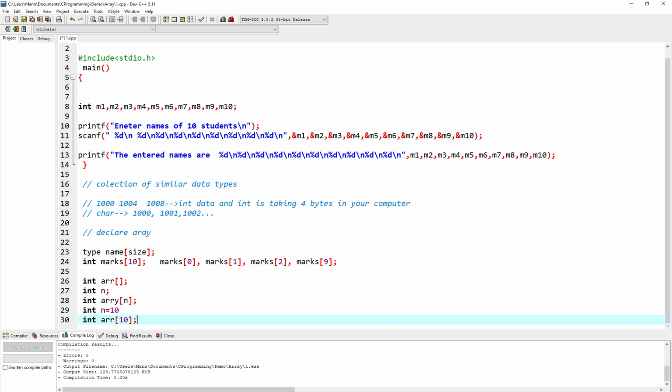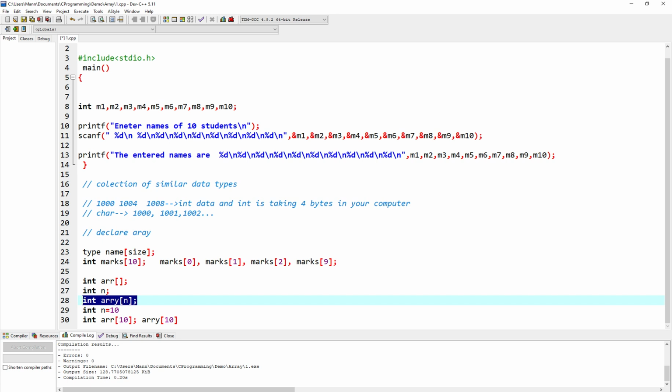If you try to fetch the 11th element, where is the 11th element? It would be present at the 10th location. So the result will be very unpredictable. Maybe from a random memory location, it will fetch some garbage value. The C compiler will not raise any error in declaring this int arr[n]. This is not a compilation error, but the result of running such code is totally unpredictable. So we should keep this in mind.